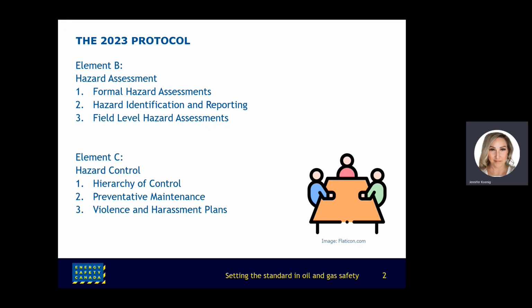Element B is now specific to hazard assessments only. Inspections were pulled out and moved to Element D. 2 questions have been added to Element B and 1 to Element C regarding site-specific assessments. The purpose of these additions is to provide a consistent approach for employers and workers to identify and control hazards